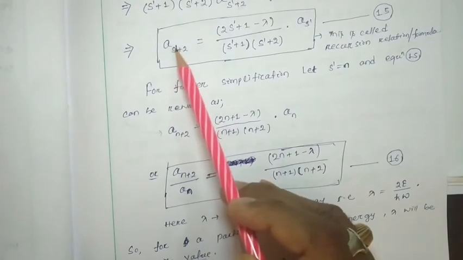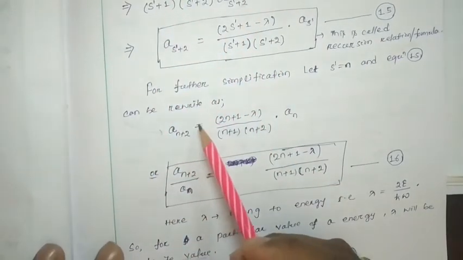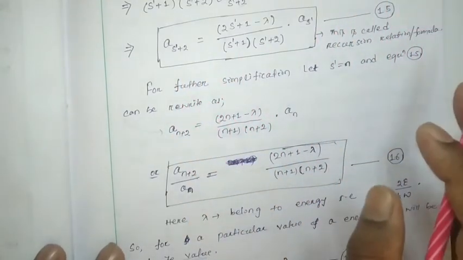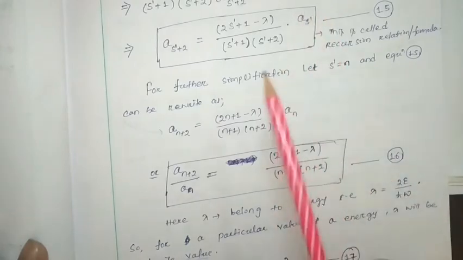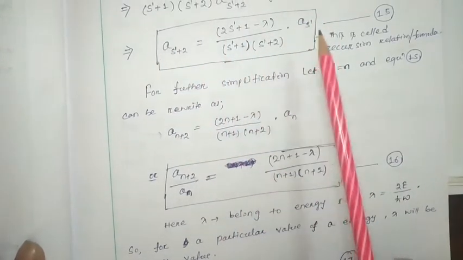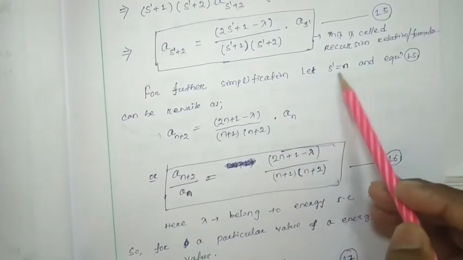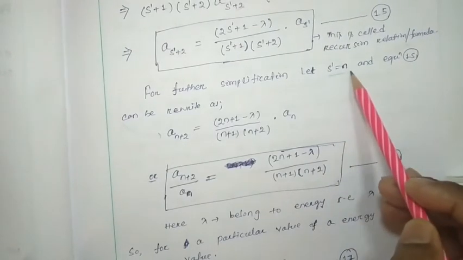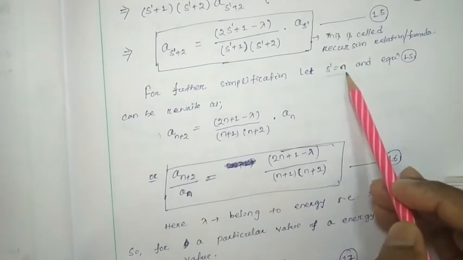So it will be somewhat difficult to write always dash. So for the simplified manner, if we are going to write the above equation number 15 by considering s dash equal to n, I just considered s dash equal to n. You can say I just changed the name only, nothing else. So s dash